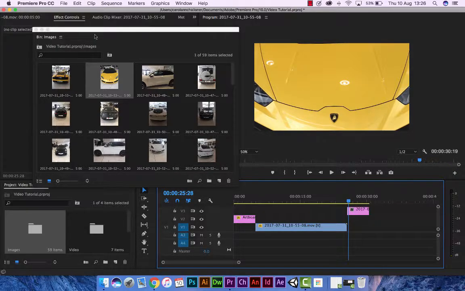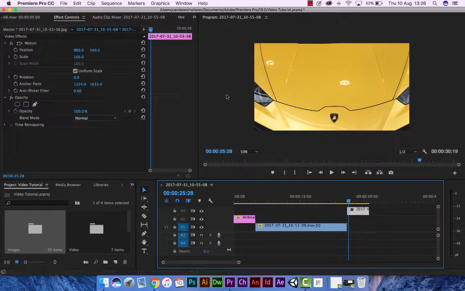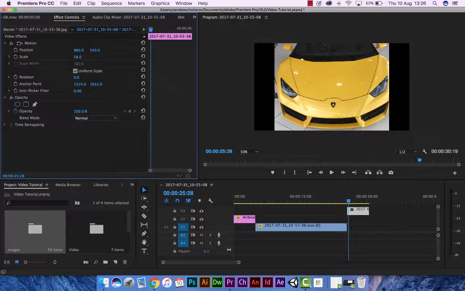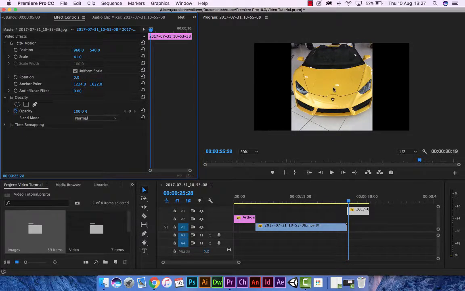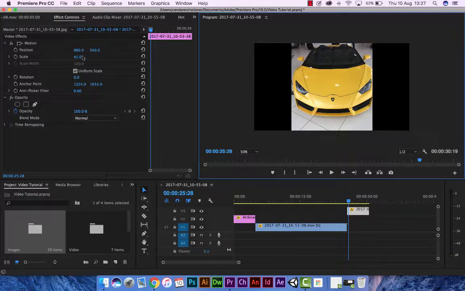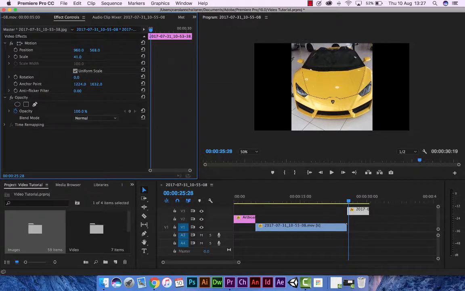It's too big, so I will go to effects. Let's close that. So click on the graphic there, and what I want to do is scale it down. Okay, so take it to there. Right, in the position, you see there, that's left and right. Undo that, and what I want to do is actually move it down,